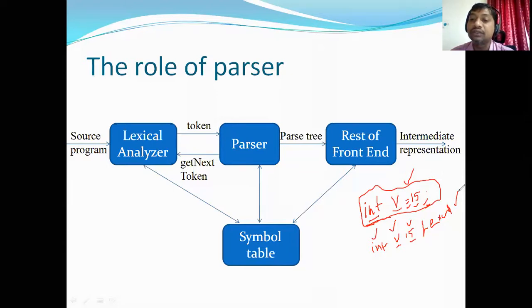Why? Because the structure is not correct. Okay, what is structure here? Generally, if you look at the C programming rules, structure rules, generally declarations, I mean variable declaration, start with the data type, okay, followed by variable name or identifier. Okay, data type followed by variable name or identifier followed by some equal to sign.